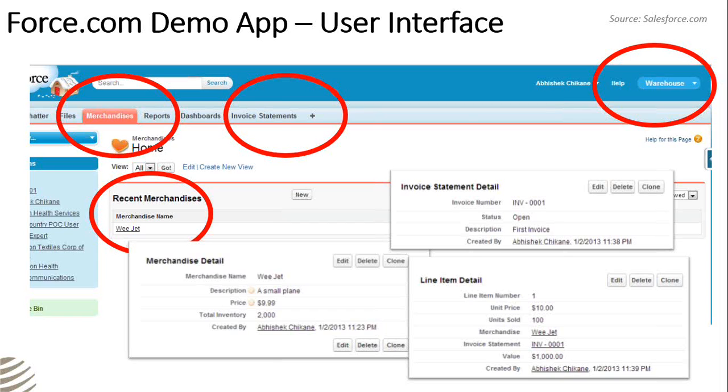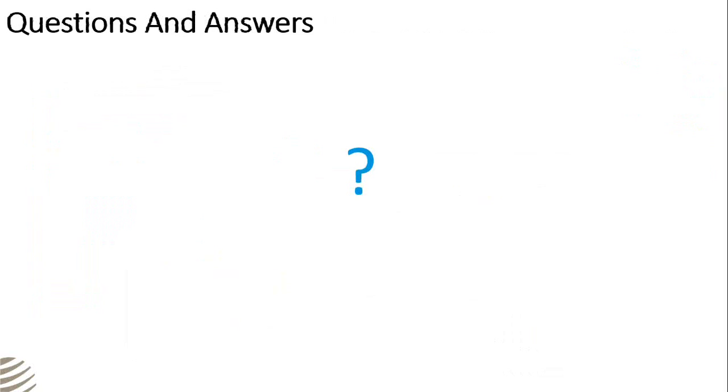I'm not going to write any program here. I'm going to use the declarative model to build the small warehouse application. As we go ahead, we can add more features by using workflows and triggers. But for this demo, I'm going to create these 3 objects, the relationships, the fields, that is the column, and one validation rule.